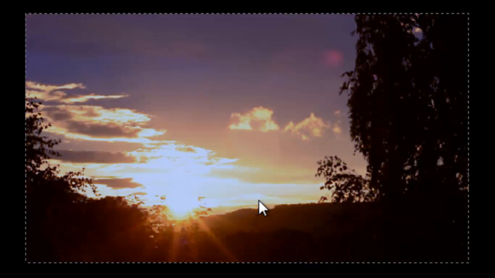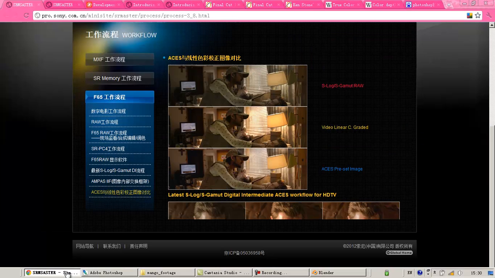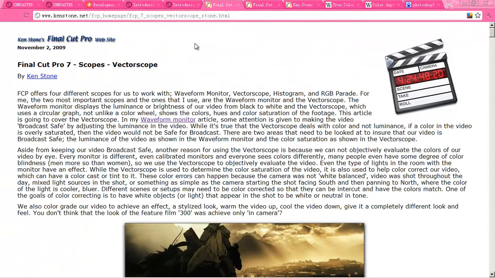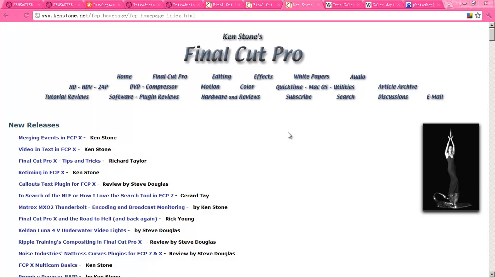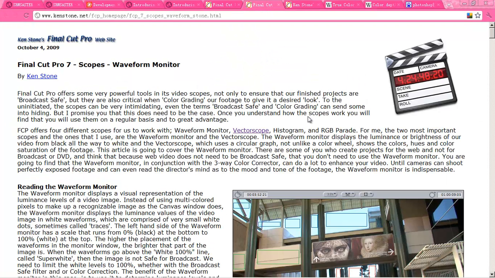Let's compare how it looks from before and after. Well, the result will almost depend on how you design your videos. I highly recommend you check this website. That is Ken Stone's Final Cut Pro. He gives some more detailed information about the waveform monitors and the